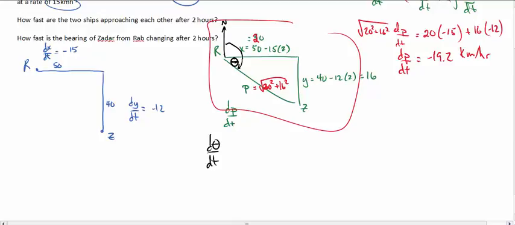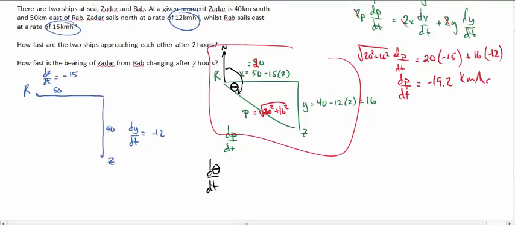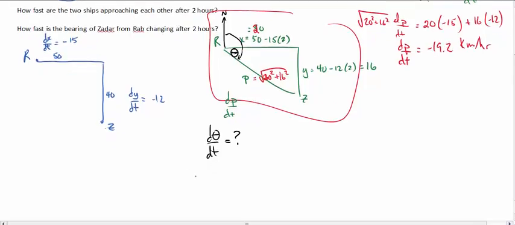And the nice thing is we have our derivative that we found already. We have our distances, but we need a relationship between theta and the stuff that we know. Personally, I know that p is not a nice number. P is an irrational number. So what I'm going to set this equation up as is tangent of theta equals y over x. Y over x, that's the relationship between things that we know and the thing that we're looking for,